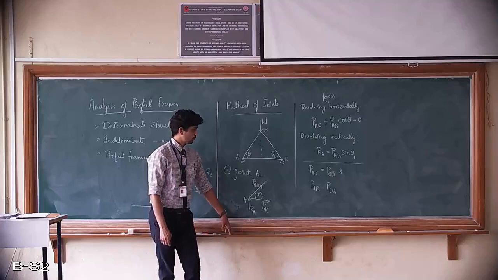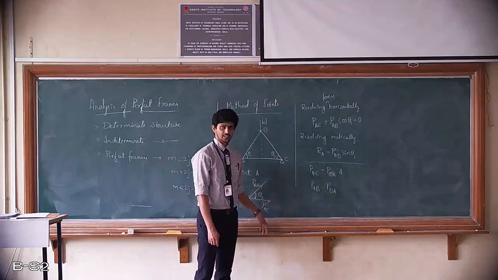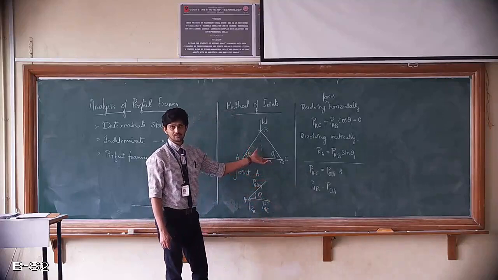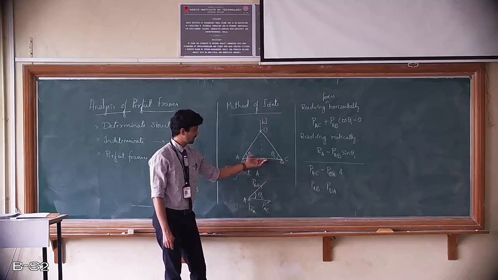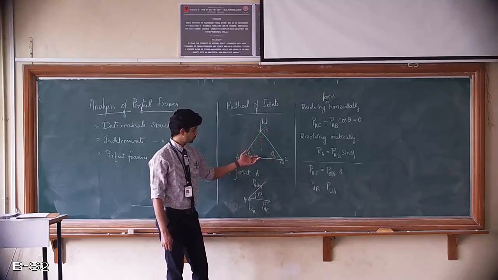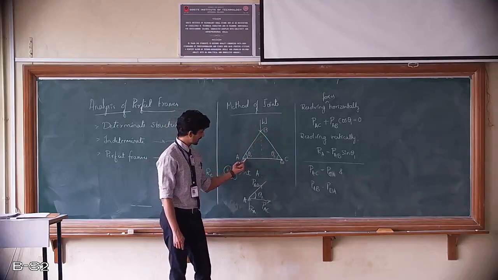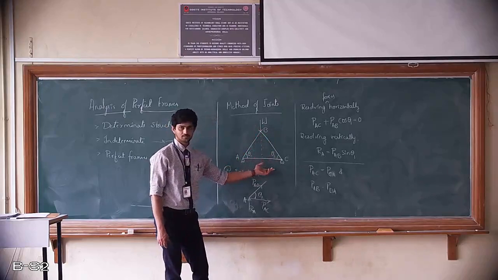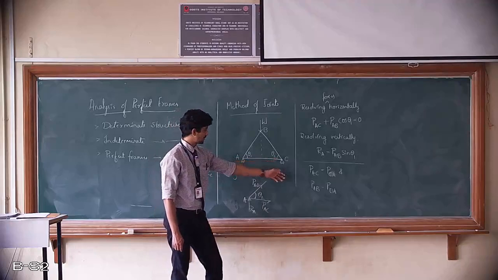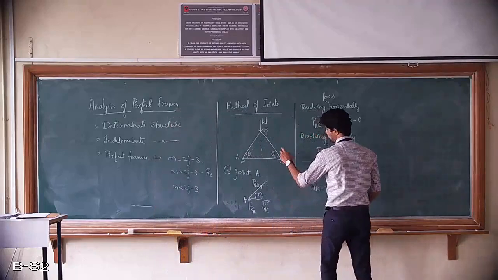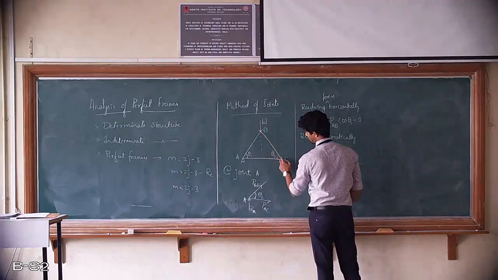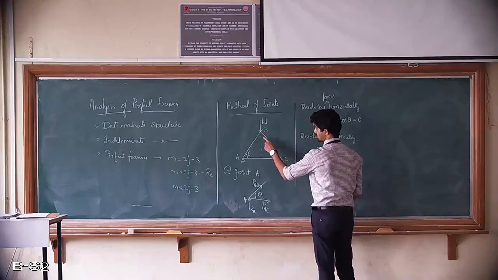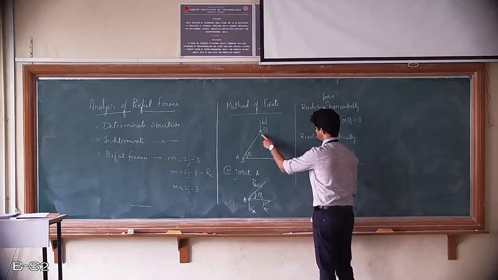Now why are we considering this particular case? That's what keeps the system in equilibrium. It will be stable. If it is not equal, it will definitely be unstable. So whatever internal force is acting on this member is the same in this direction. That's what keeps it stable. So let us move to deduce the internal load at BC. To find that, either we can consider joint C or joint B, whichever is simpler for you.